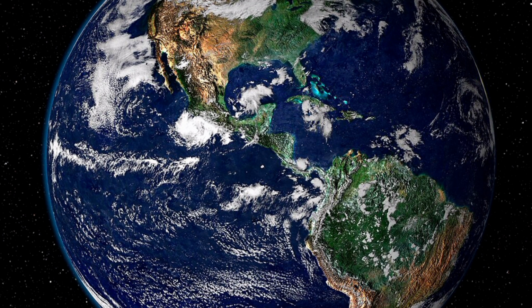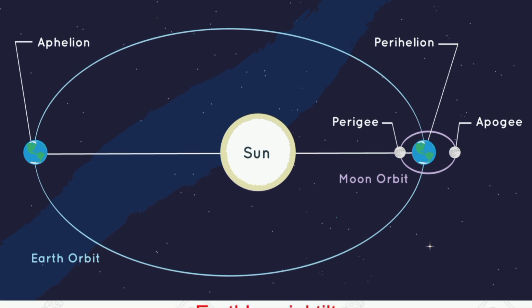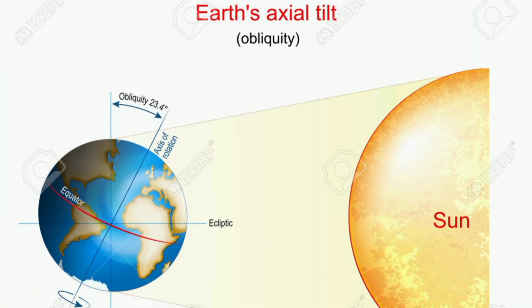Rotates once on its axis, it gives us our 24-hour day. It also revolves around the sun as it spins, and one revolution around the sun gives us a year. The flat plane in which it revolves is called the plane of the ecliptic, yet during Earth's spin it is tilted 23.5 degrees away from being perpendicular, meaning it doesn't spin straight up and down, but slightly tilted, and this